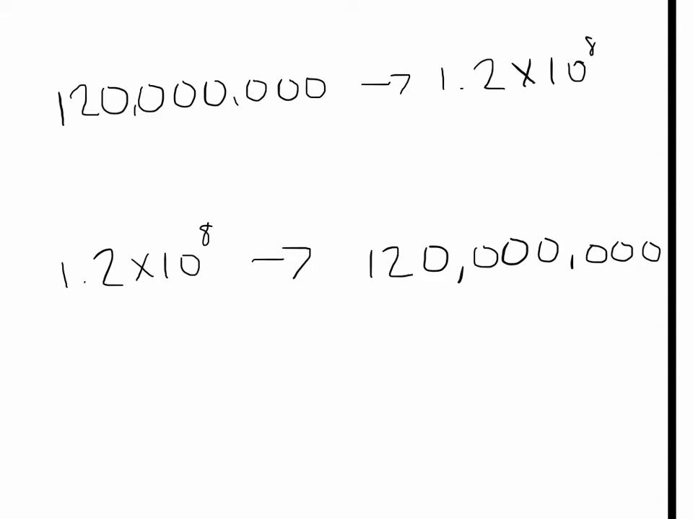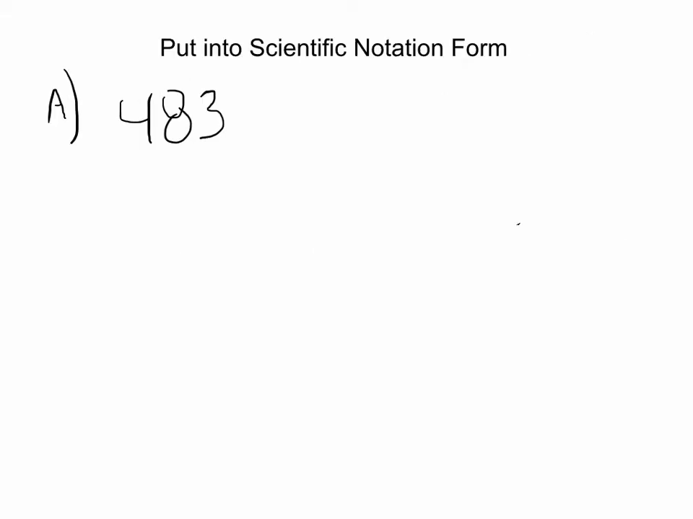Alright, let's begin. Let's start with 483. It's not a big goofy number, but it's a good place to start. 483 can be assumed to have a decimal at the end of it. When we put a number in scientific notation form, we want to put the decimal after just one digit. So we're going to move the decimal 1, 2 places. So our new number is